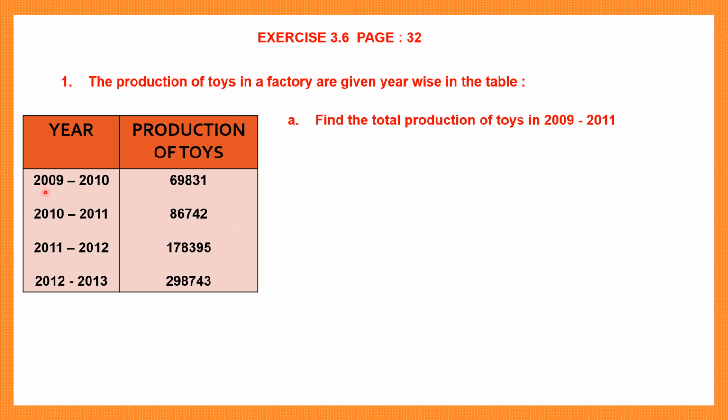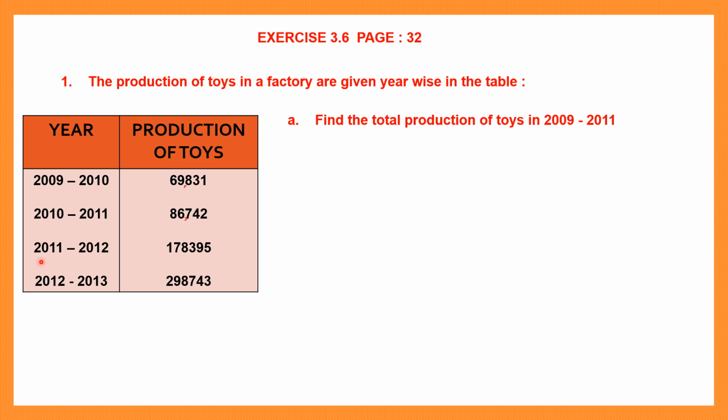So in the year 2009 to 2010, 69,831 toys were produced. If we place commas, we can read our numbers well. So 69,831 were produced in 2009-2010. Now, between 2010 and 2011, how many toys were produced? Let's put our commas in the right places. So now let's read. This is